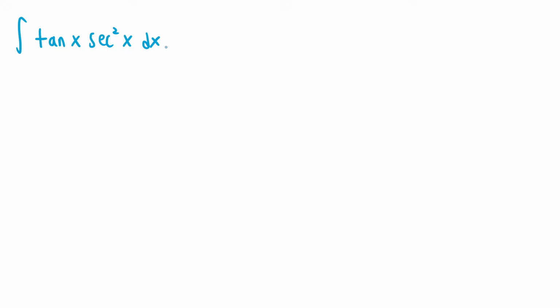Tangent x secant squared of x is nice to work with since we have a single tangent of x term multiplied by a single factor of secant squared of x, and the two terms go well together. If we let u equal tangent of x, then du equals secant squared of x dx, and the secant squared of x dx in the integral becomes du, and tangent x becomes u,